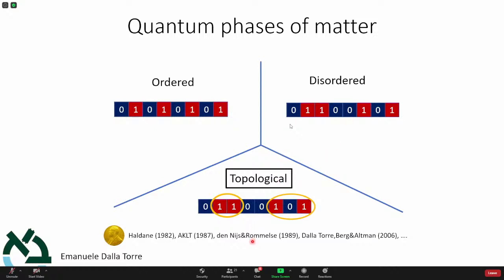In quantum computers, there is no Hamiltonian, and in particular, there is no ground state. So the system is not in the ground state of some Hamiltonian. It is in some quantum state, but not in a state of a Hamiltonian. So what you need to do is not to engineer the Hamiltonian and then ask the system to go into the ground state of the Hamiltonian, but you need to really engineer the state itself. So the question is not, can I build a Hamiltonian such that this is the ground state, but rather, can I build the state itself?